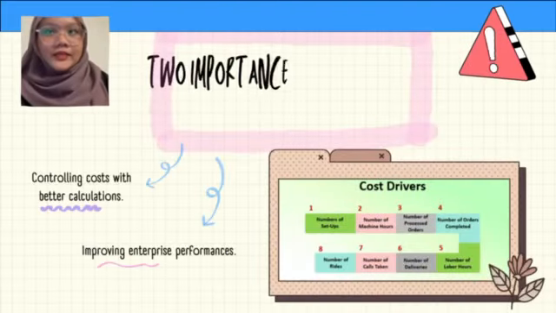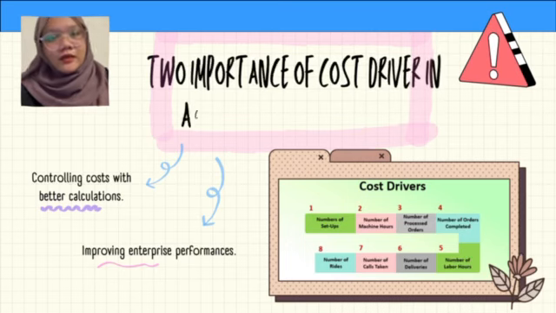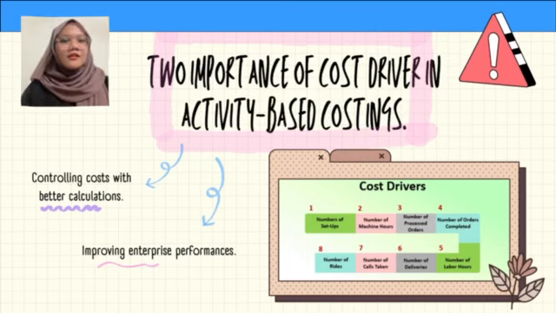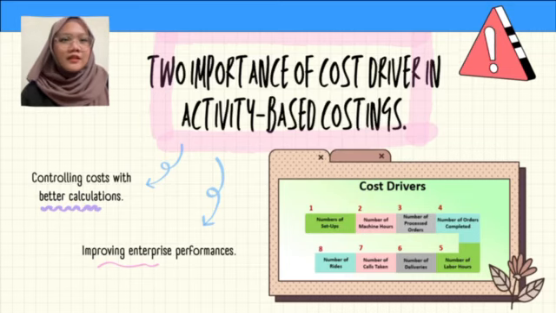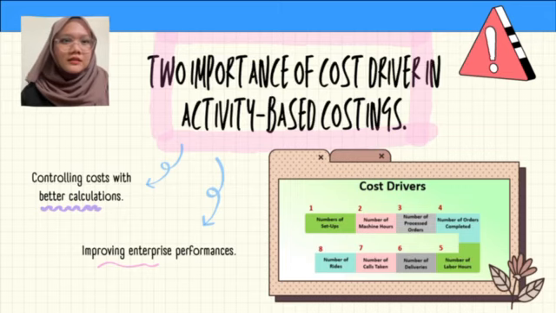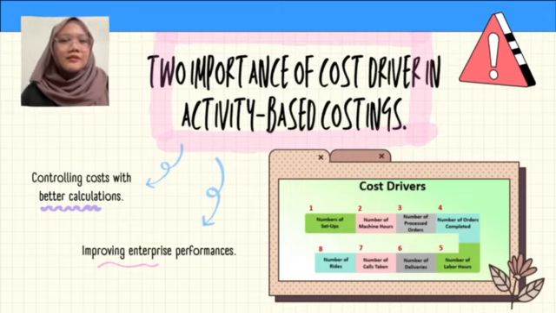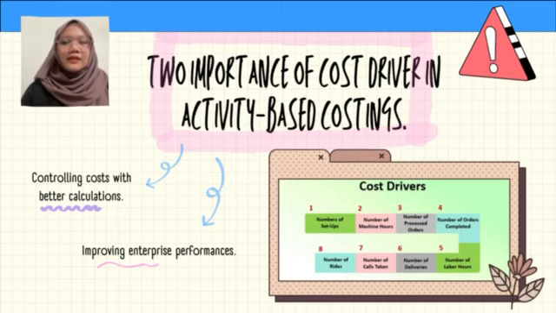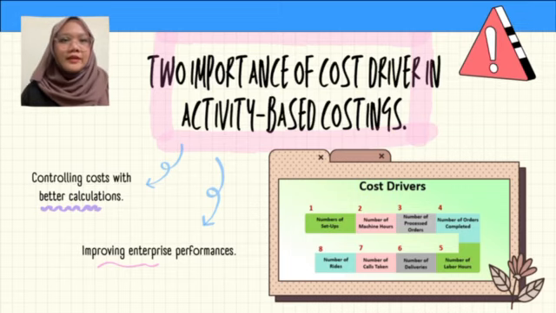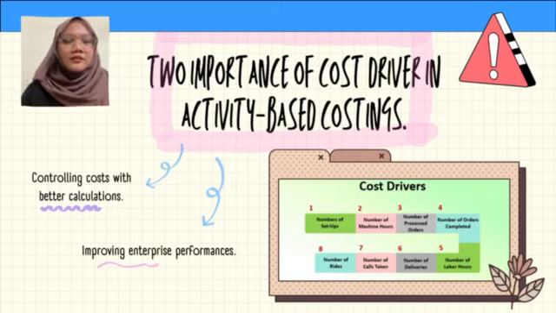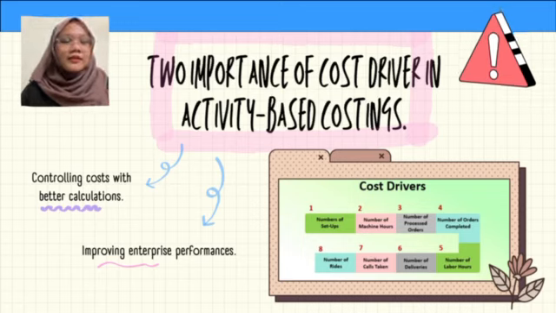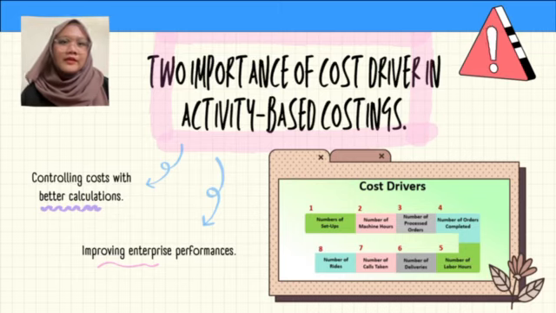Question 3B is explain any two importance of cost driver in activity-based costing. A cost driver is a unit that derives the expenses and sets a basis on which a particular cost is to be allocated between the different departments. The cost is allocated based on the driver's activity completed in that particular period. These are the structural determinants of the activities on which cost is being incurred and determine the behavior of the